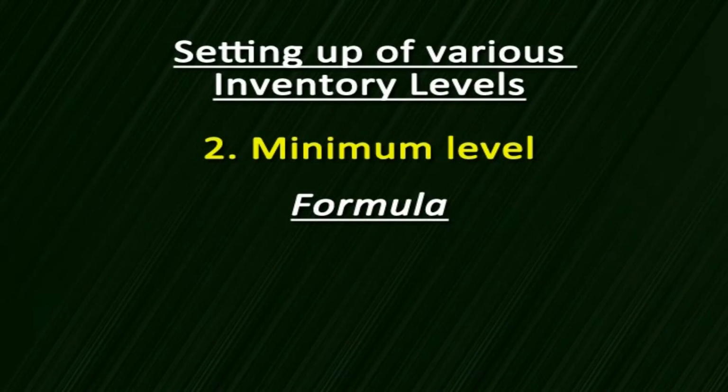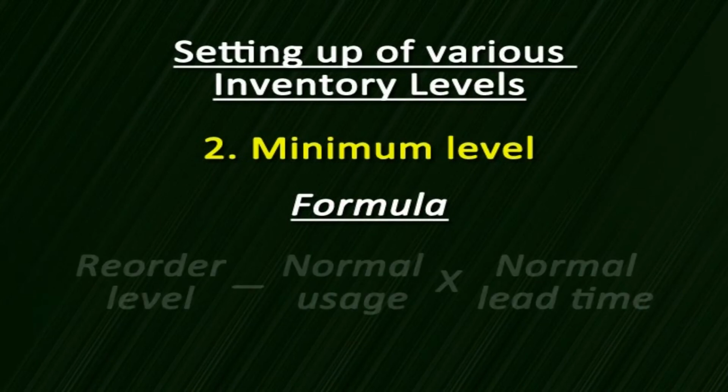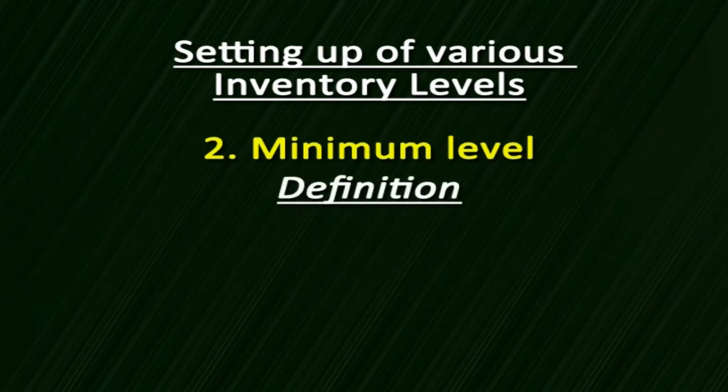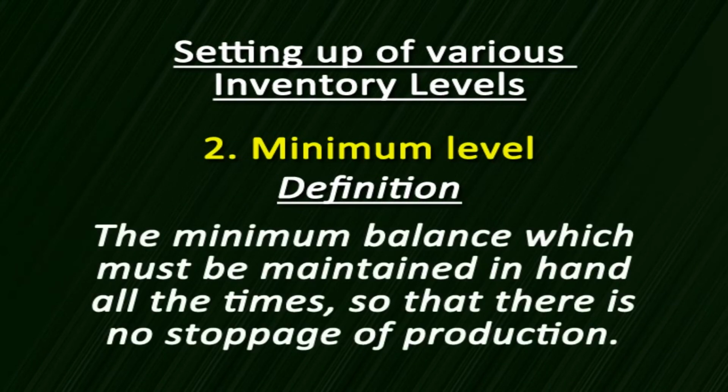Let's see what's the formula for computation of minimum level of stock. Its formula is reorder level minus normal usage into normal lead time. Now students, keep one thing in mind, the definition of minimum level. It is the minimum balance which must be maintained in hand all the time